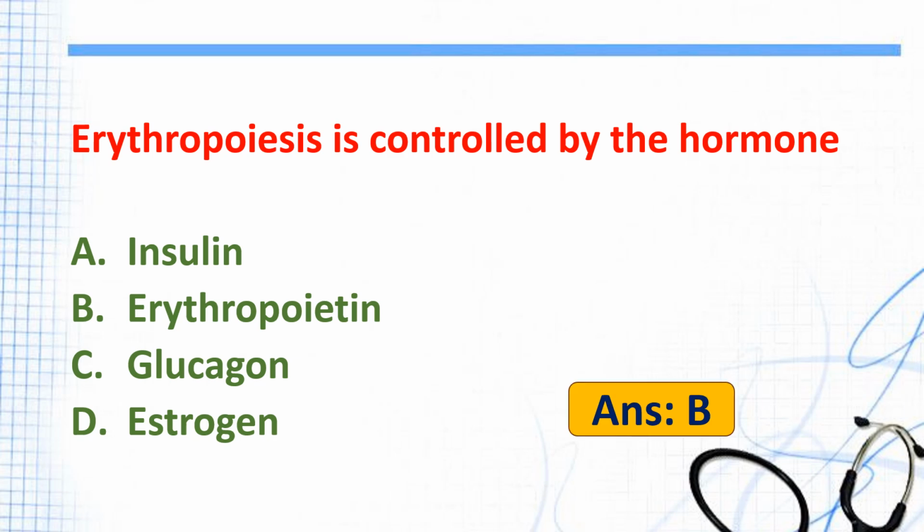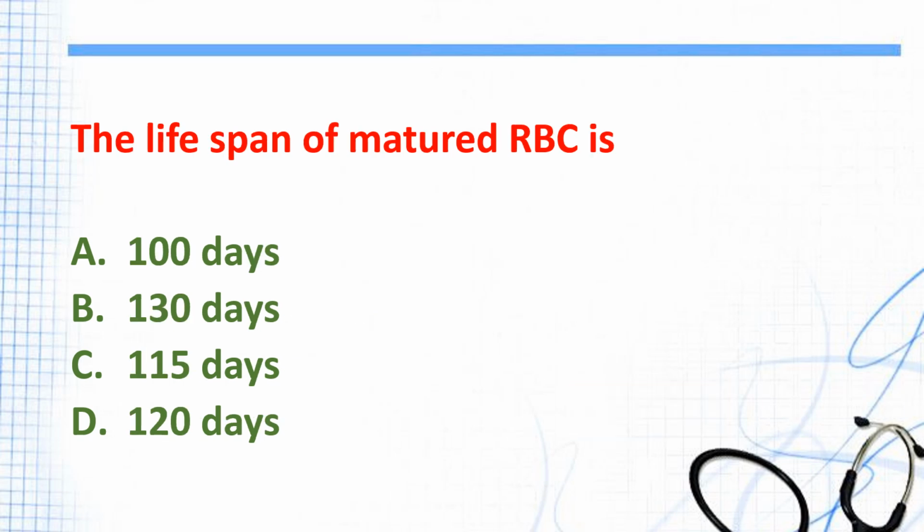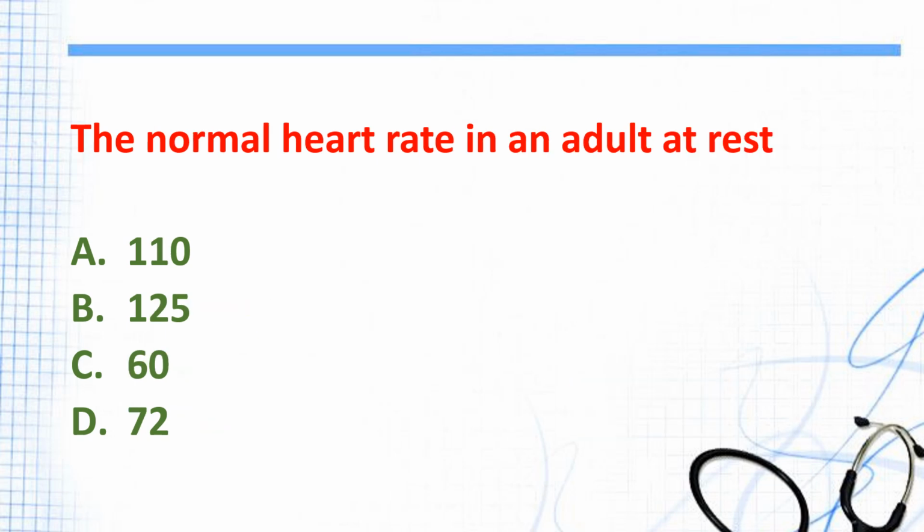B. Erythropoietin. The lifespan of mature RBC is A. 100 days, B. 130 days, C. 115 days, D. 120 days. And the answer is D. 120 days. Normal heart rate in an adult at rest is A. 110, B. 125, C. 60, D. 72. And the answer is